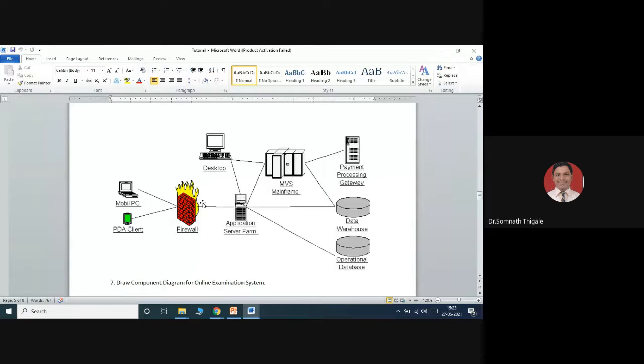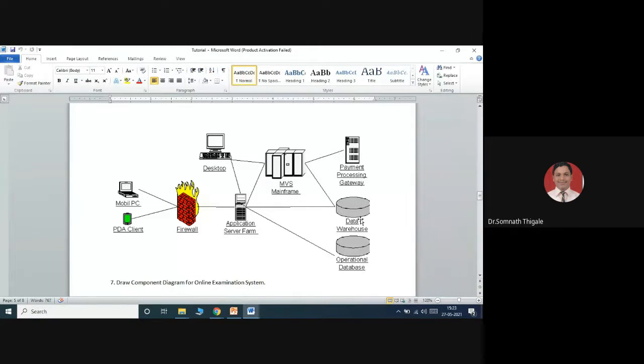This is my firewall, which you have seen in networks. It is simply a door, a gateway. This is inside your system, this is outside. This inside and outside will try to interact, and those interactions will be done based on the type of architecture.